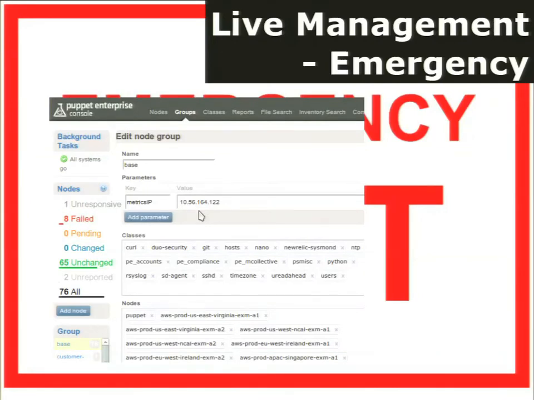So you don't need to log on to any of the servers. You just use the Puppet console. You edit it on the base class. Sorry, the base group. This is a group where all our servers belong to. So in fact, when you are changing it here, you are changing the way that the hosts file is generated,